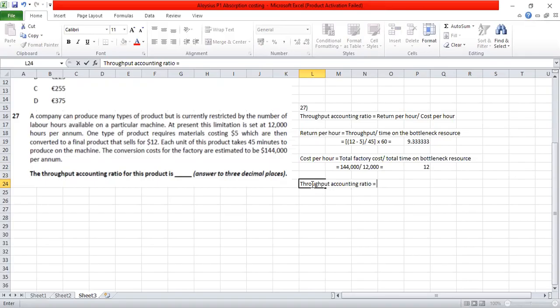Return per hour is equal to 9.33, divided by cost per hour is equal to 12. So it is equal to